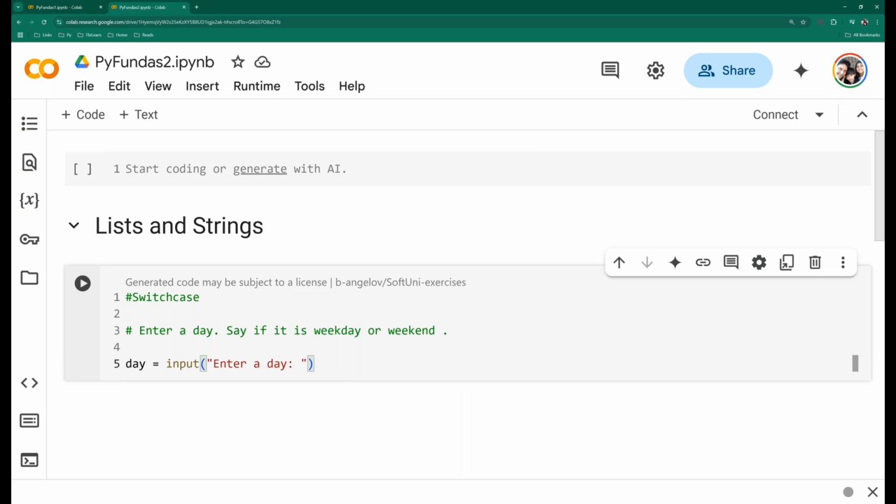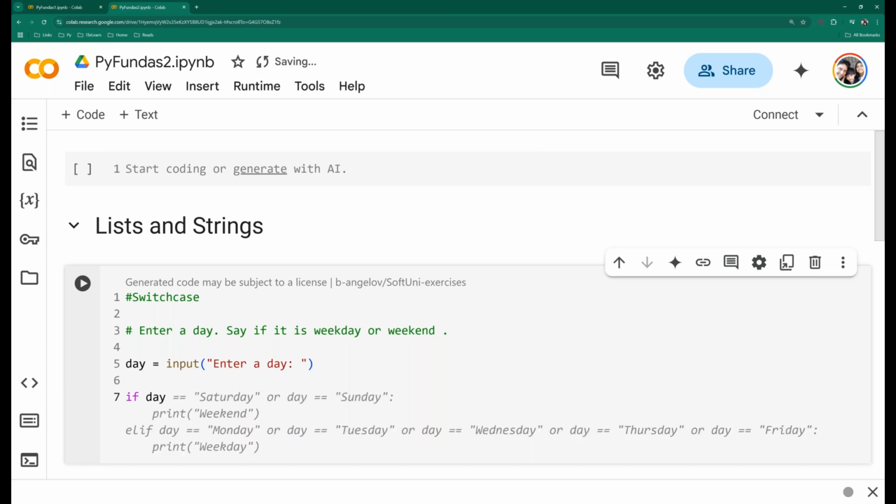I take the string and I have to compare it with something. I'll say if day is equal to Saturday, or day is equal to Sunday, then print weekend, it's a weekend, or it's